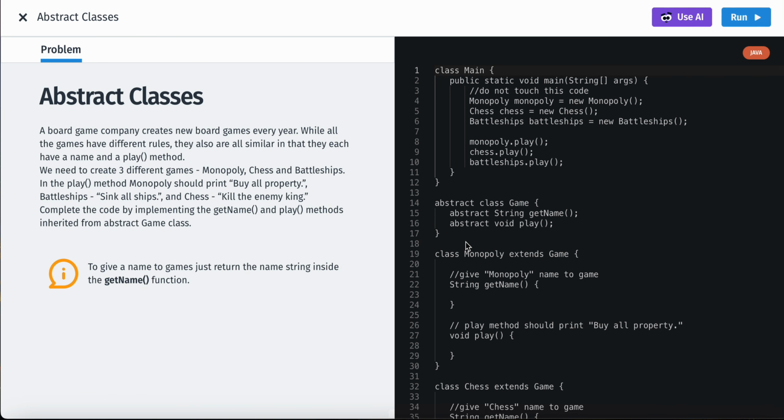A board game company creates new board games every year. While all board games have different rules, they also have similarities in each. They have a name and a play method. We need to create 3 different games: Monopoly, chess, and battleships. In the play method, Monopoly should print buy all property,